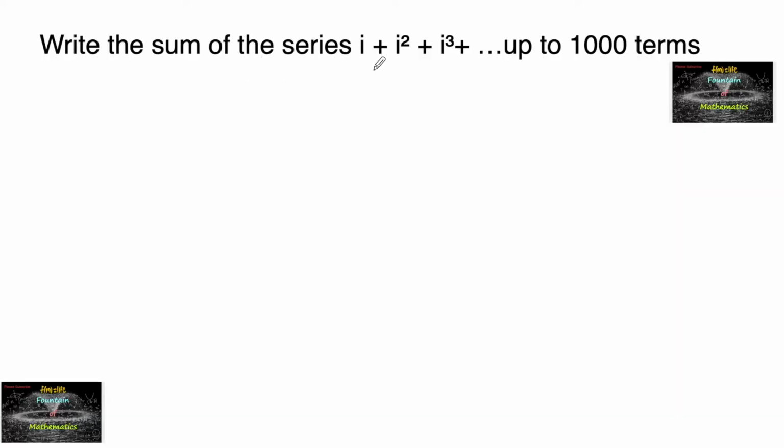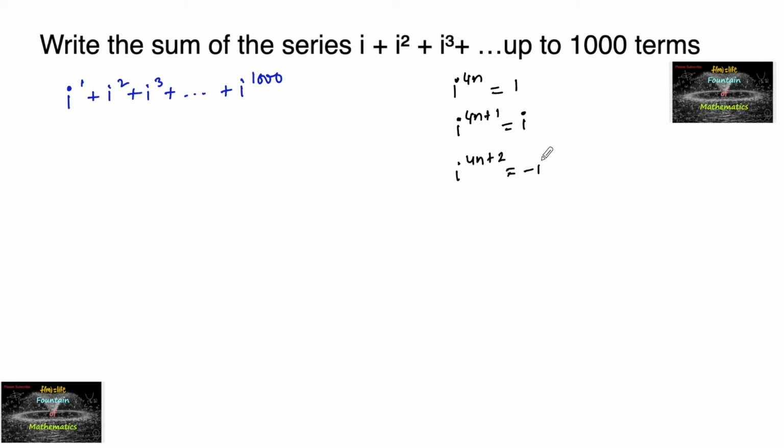Write the sum of the series i plus i square plus i power 3 and so on up to 1000 terms. So the sum required is i power 1 plus i power 2 plus i power 3 and so on up to i to the power of 1000. And since we know that i to the power of 4n is equal to 1, i to the power of 4n plus 1 is equal to i, i to the power of 4n plus 2 is equal to i square, that is minus 1, i to the power of 4n plus 3 is equal to i cubed,